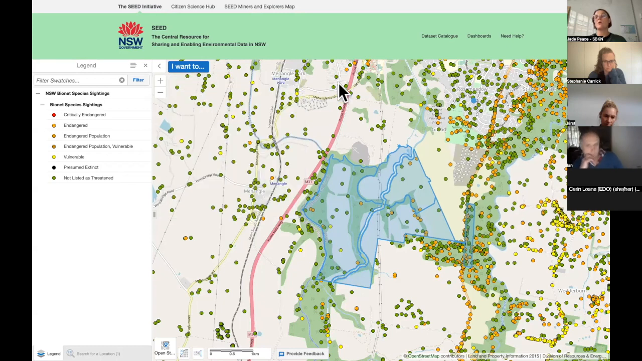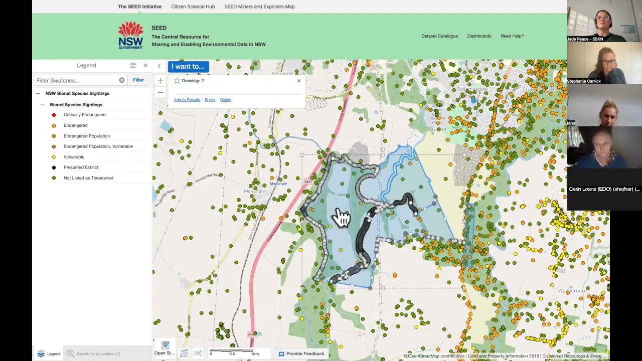So that's just a quick way of having a look to see if there've been any other endangered things in your area. That's another thing you can put in a submission. There's one other thing I just want to let you know, and that's that you can change how these look,